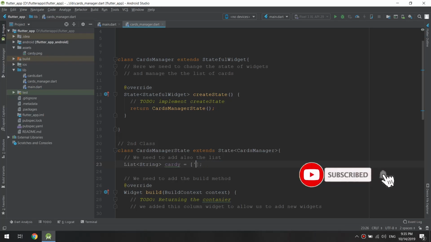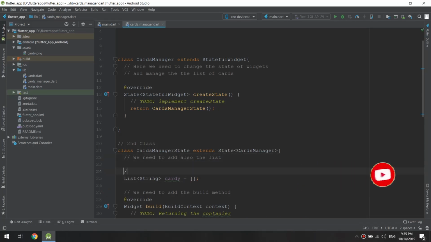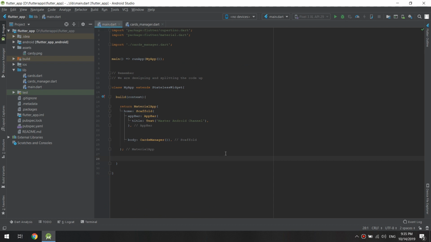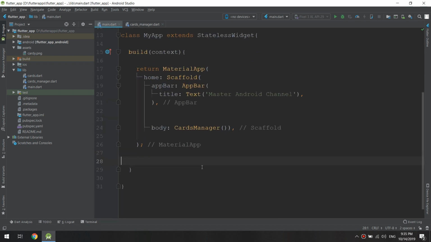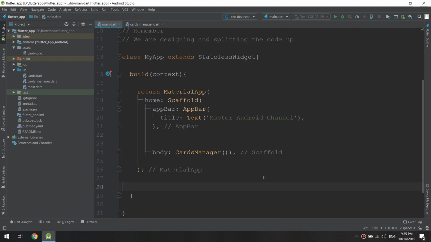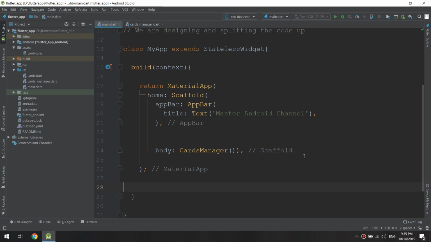Now this is our list. I will delete the code or the text inside it. Now I will comment for every step what we are doing, and the source code will be available soon in the description. Now getting data from outside for the course manager, so we need to pass the data whenever the